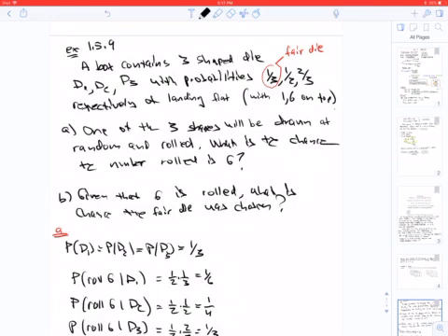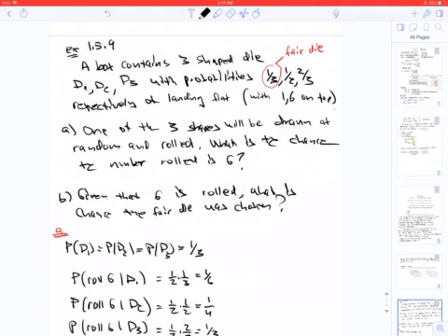And part A, one of the 3 shapes will be drawn at random and rolled. What's the chance the number rolled is 6? B, given that 6 is rolled, what's the chance the fair die was chosen? So the probability that a fair die is chosen, in other words, the probability of D1, that's